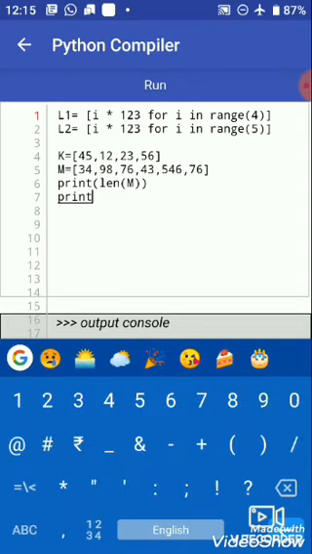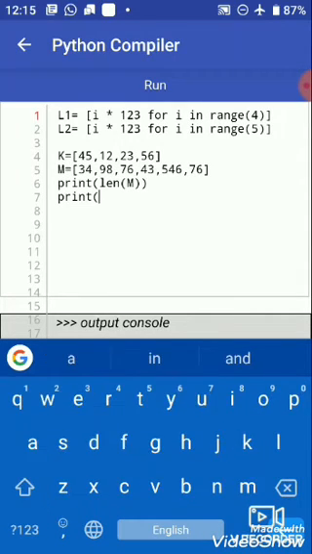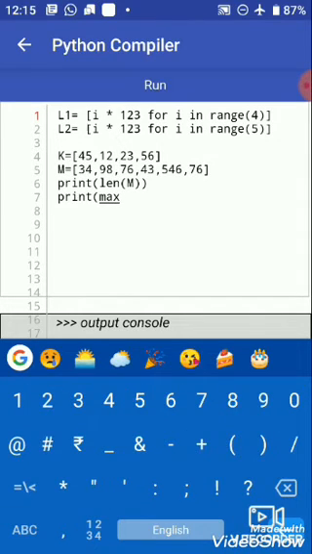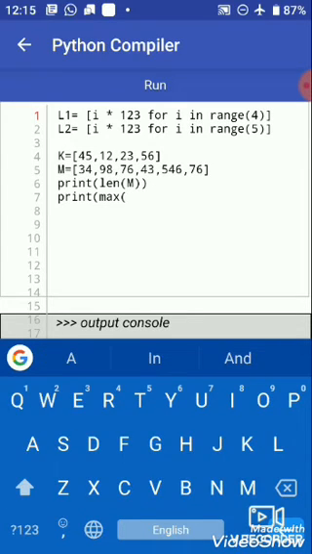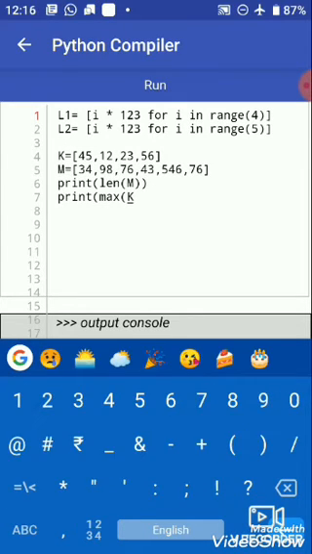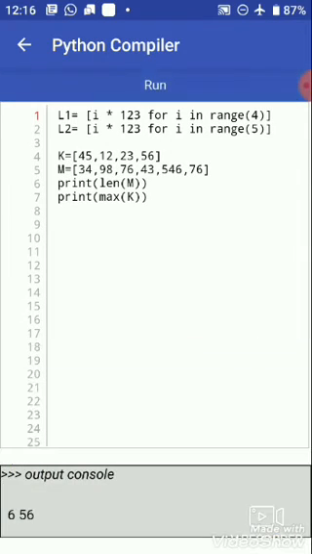So print, then max, then parenthesis, and inside the parenthesis the list. This time we use list K, and then we check what the maximum value in that list is. So it is 56. In the list K it gives us 56.